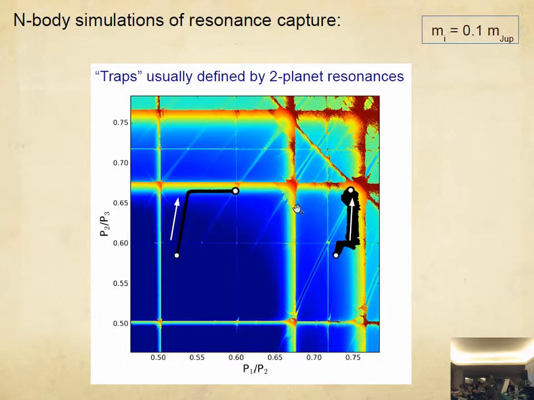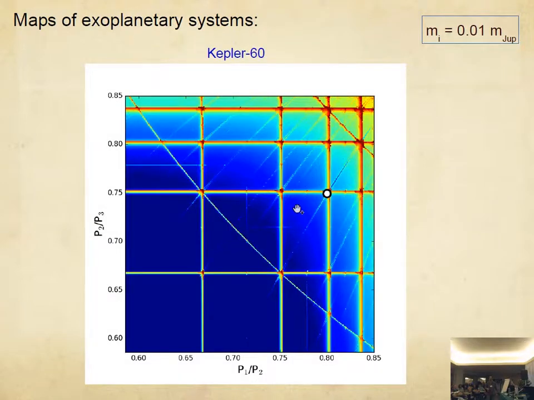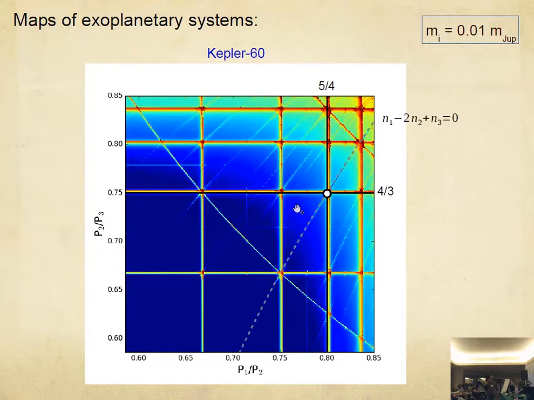Okay, so you have that these traps, where the system can be said to be trapped, are usually defined by 2 walls defined by 2 tangent resonances. Okay, so that's where we expect to find these systems. And that's what really happens. Okay, so this is Kepler-60, that's the body there, and you have the 5-4, 4-3 resonance, and here you have the 1 minus 2 plus 1 three-body resonance. But what you actually see is that this system is not really in a true three-body resonance. It's just in a double resonance defined by 2 two-planet resonances.